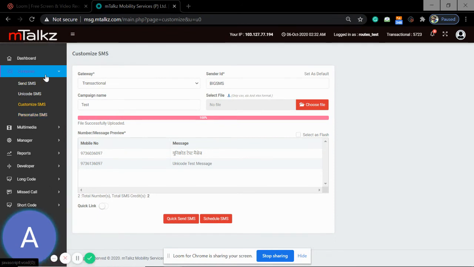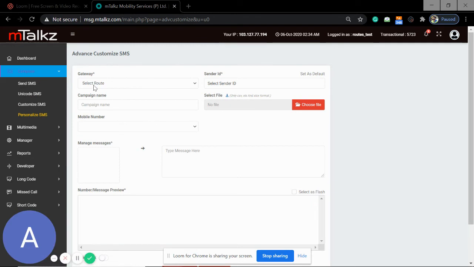Now the last one is, what is personalized message? So coming to the personalized message. Personalized message is useful when, for example, a bank wants to send EMI messages to their customers. So what they will do, either they will trigger EMI messages by API, or they will have a list of the customers, and on that list they have their mobile number, their account number, their amount, whatever they owe to the bank, the date and all.